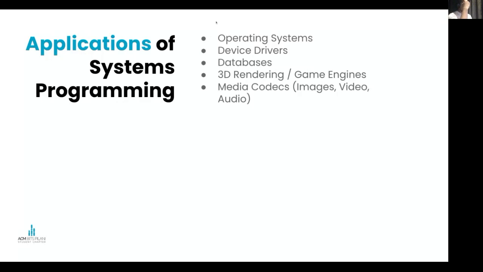Media codecs. Everything is stored as a series of ones and zeros on a computer. It's basically data. So when you have an image file, how does your computer know that this image file is supposed to draw this picture of a tree here? How does that happen? You have a set of protocols, or a set of rules, that tell the computer this piece of data will convert into this color or this pixel here at this position. And your photo viewer or your video player or your music streamer can then render it accordingly.